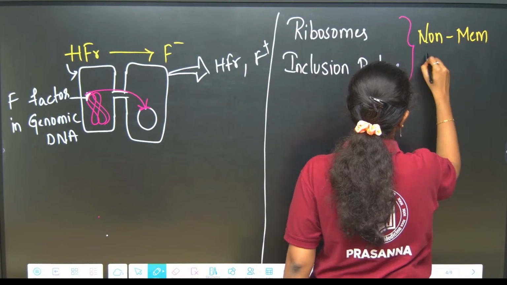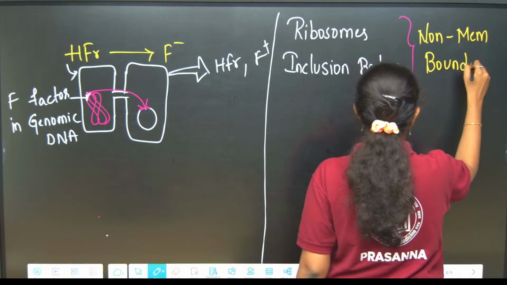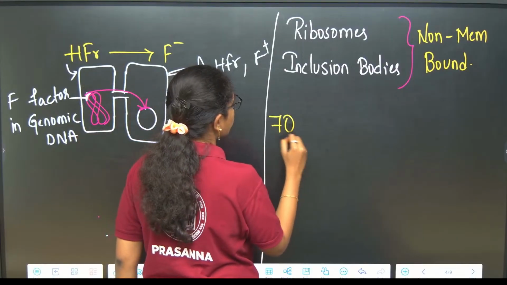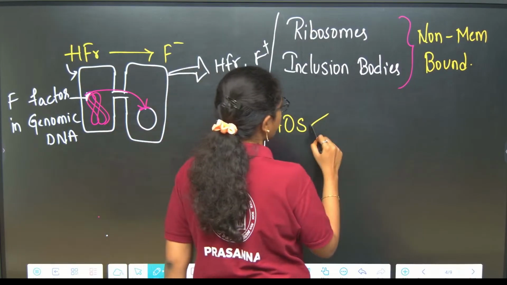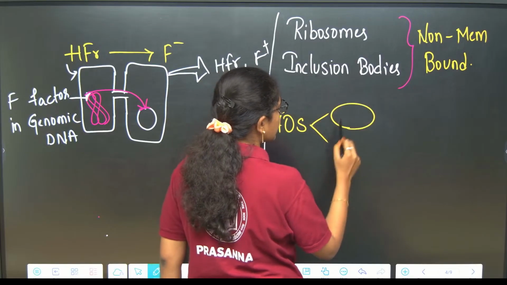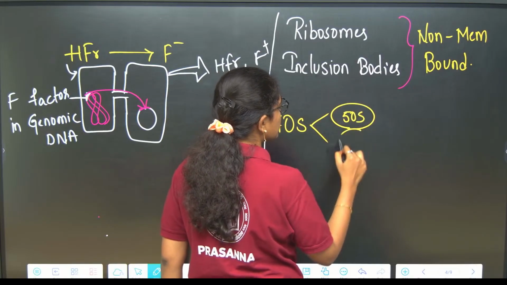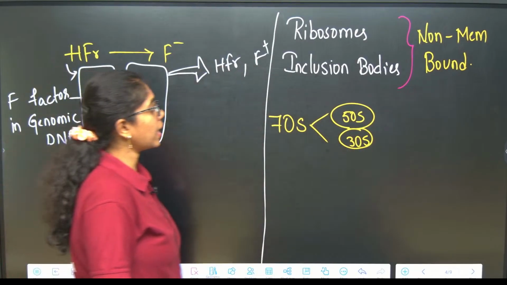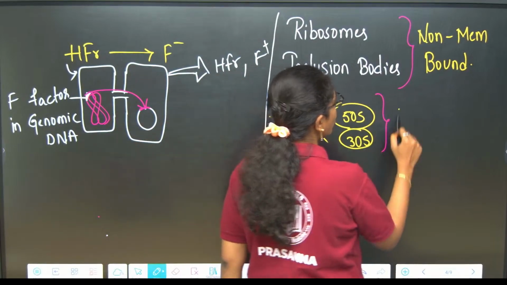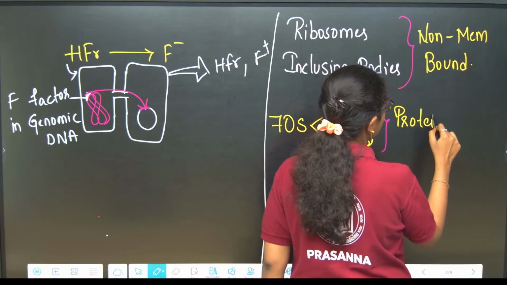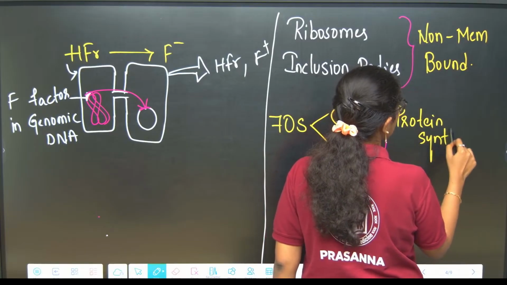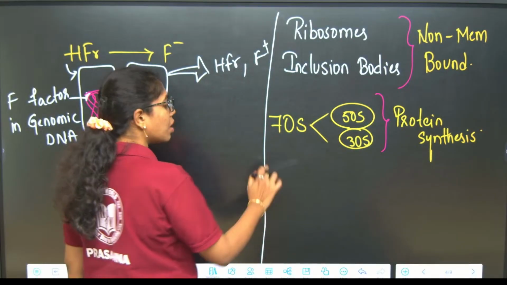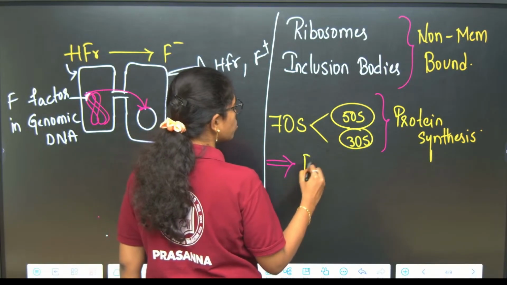So here if you see, ribosomes are of what type? 70S ribosomes are identified. Larger subunit is 50S, smaller subunit will be 30S. Fine. These are the ribosomes. Ribosomes main function is what? Protein synthesis. And only in the prokaryotic cell or bacteria we can observe something called as polysome